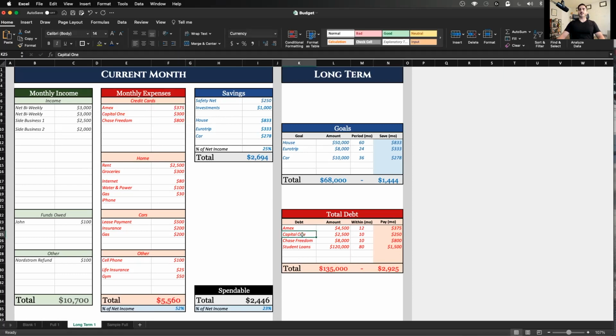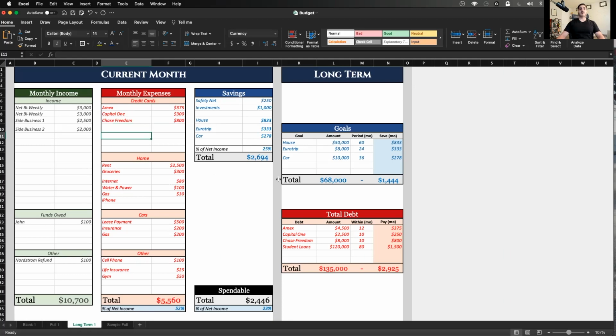Now, Capital One. The minimum to pay was $250, but to hit our goal, we chose we'll pay $300, right? We can afford that right now. And the same thing with the Chase Freedom. If you have other cards that you don't have total debt on, for example, let's say we have a Discover card, and we just pay that off in full every month. Well, however much of it that you've used or you plan on using, depending on which way you're going about budgeting, you put in that amount here, right? Let me get rid of that for now.